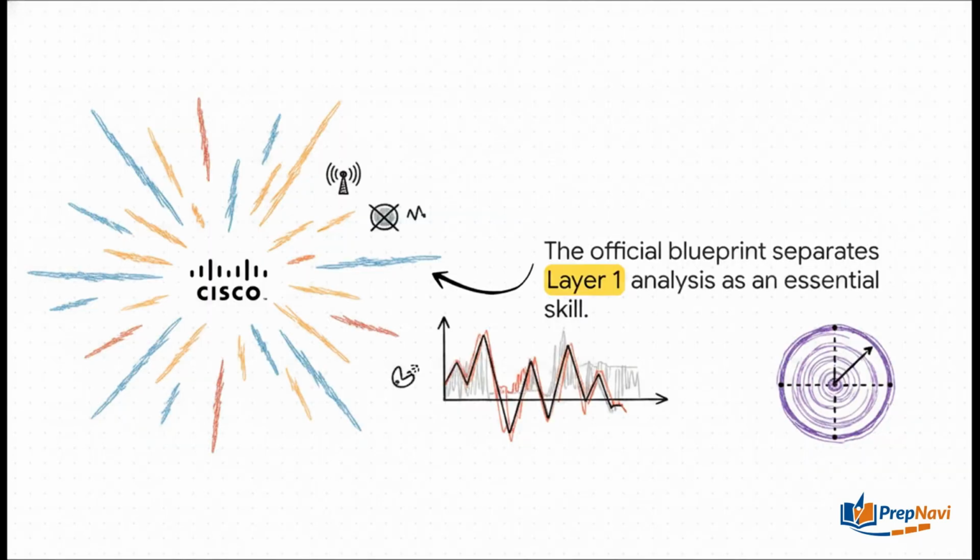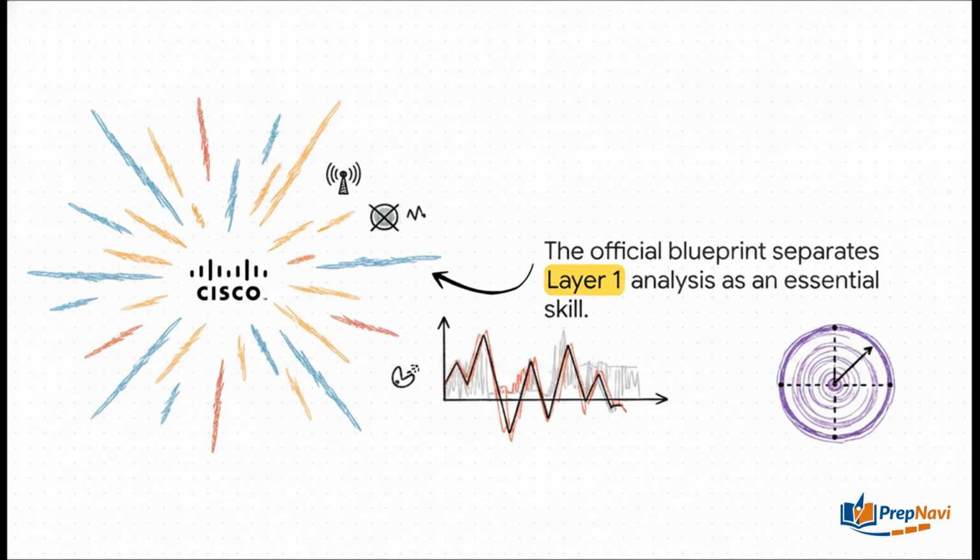As outlined in the official Cisco exam documentation, knowing how to interpret this Layer 1 data isn't just a nice-to-have, it's an absolutely essential skill for the test. Notice how Cisco specifically carves this out as its own dedicated objective under 1.3. They want to know that, as a designer, you aren't just staring at IP and MAC addresses all day. You need the expertise to analyze the raw radio frequency environment and actually hunt down the physical elements that are